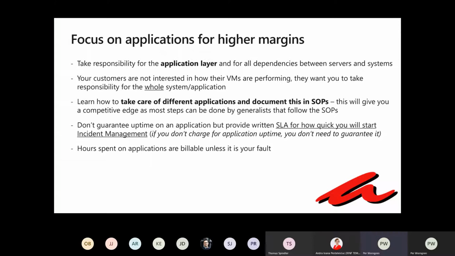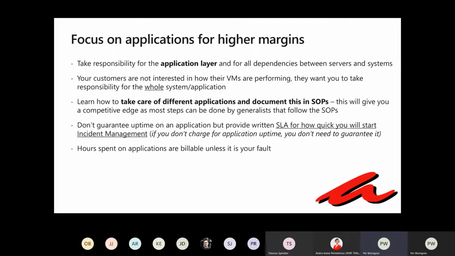Your customers would love you to give an SLA that is financially backed for how their applications are working, how the uptime is, but they will not appreciate the price tag that comes along. So my recipe for how to make this happen is to give them a written SLA for how quick you will start incident management.